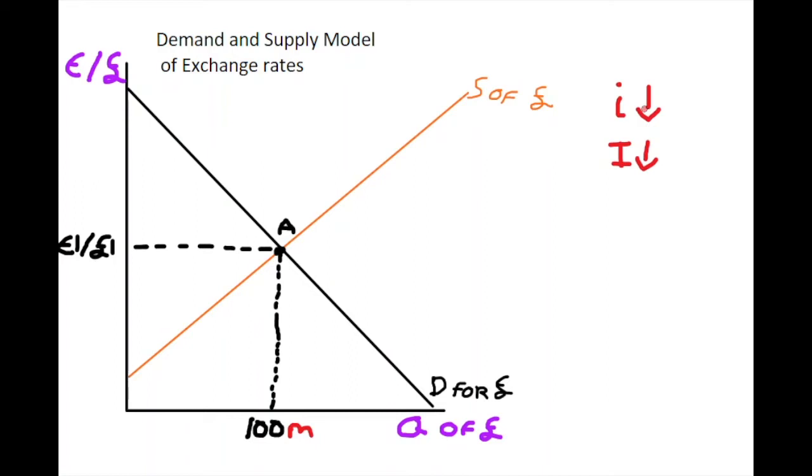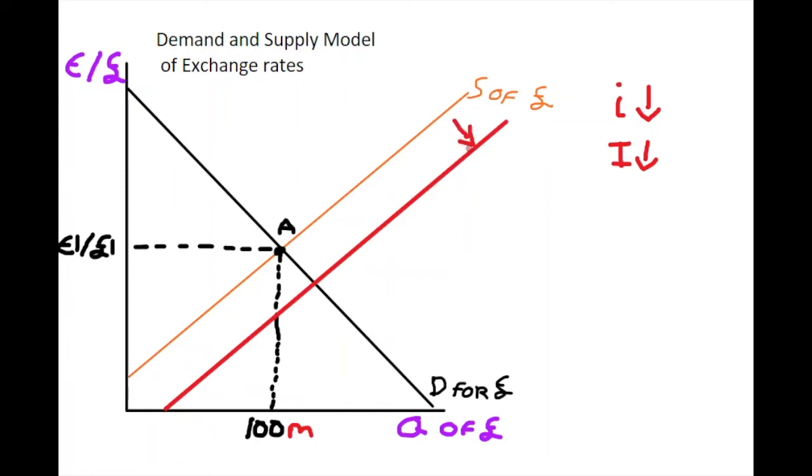So a decrease in the interest rate will mean that there is an extra supply of sterling out on the market. So what happens here is, because the interest rate drops, large investors and pension investments and so on will go to the area with the highest interest rate. If the UK's interest rate is decreasing, well then these investors and pension companies will transfer their money outside of Britain into other countries. Hence they will need to supply more sterling onto the market, so the supply increases,